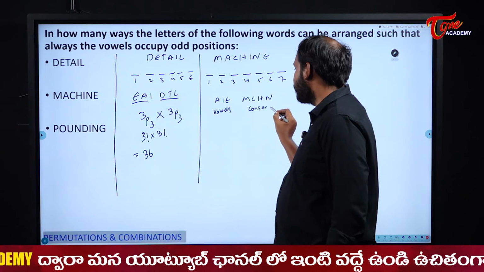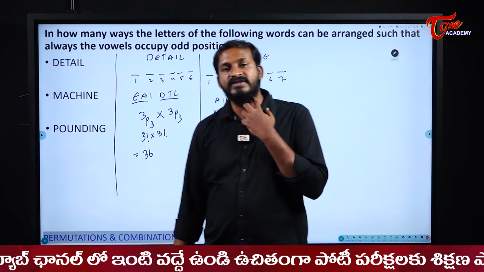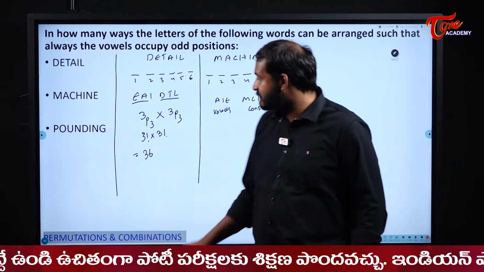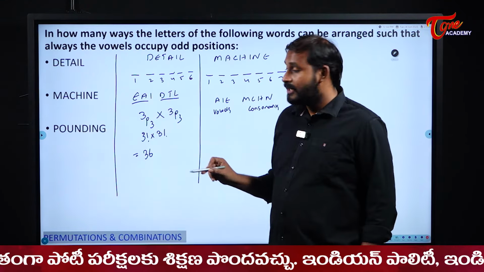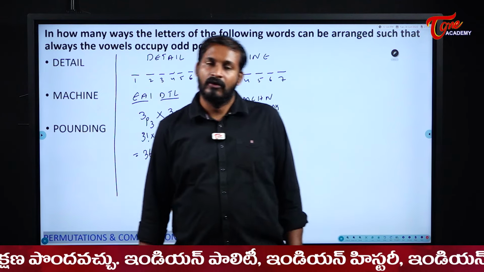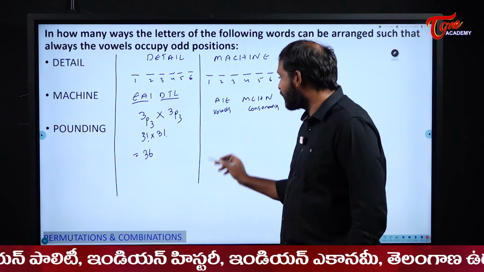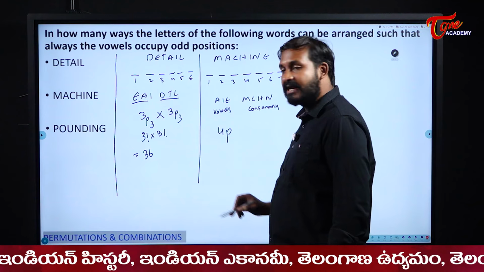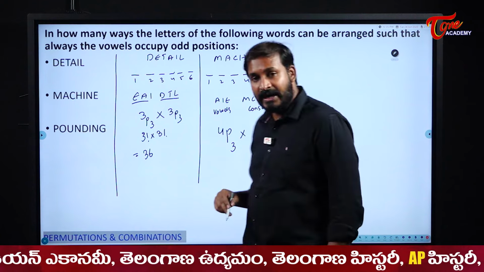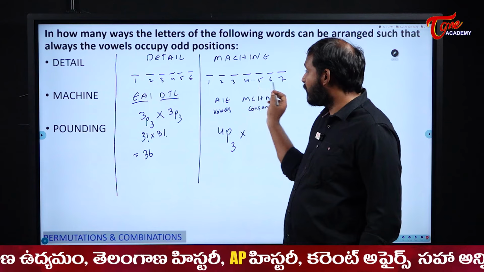Sir, till now in the 2 examples which we have seen, there is no problem. Why? Because the number of vowels is equal to the number of odd positions. But please observe here, sir, we have 4 odd positions, but only 3 vowels. Okay, no problem. In 4 positions, I need to fill these 3 vowels, right? In how many ways can I fill them? 4 positions are available and 3 objects are there for me. So 4P3. But when it comes to consonants, we have 4 consonants, M, C, H, N, but we have only 3